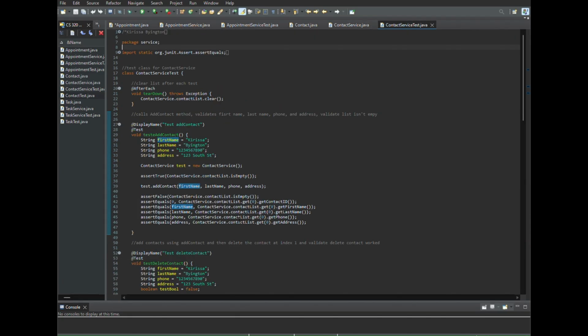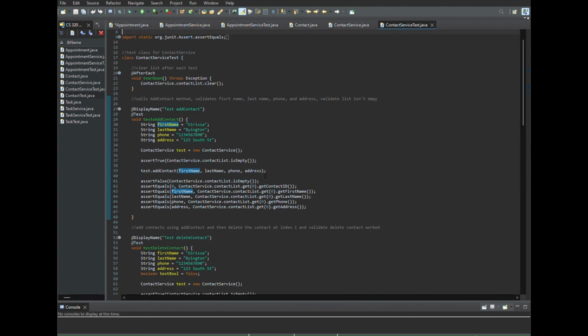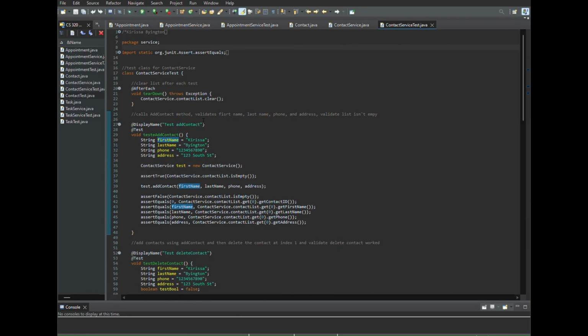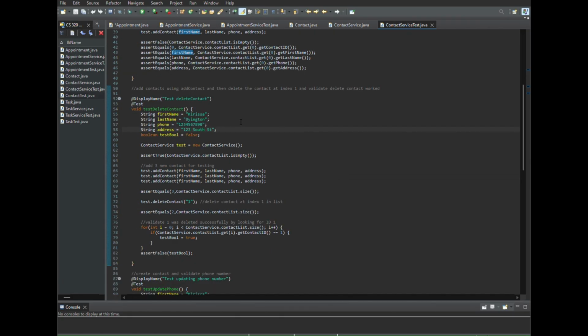Within our contact service test class, this is where we actually test and validate our inputs. So for the first one, we're testing add contact. Here I just added myself to make sure, and then I went ahead and had the validation here to make sure that it was in our system. So for testing deleting contact, I went ahead and tested for that previously made contact. I was added using add contact and then deleting the contact at index 1 and then later validating